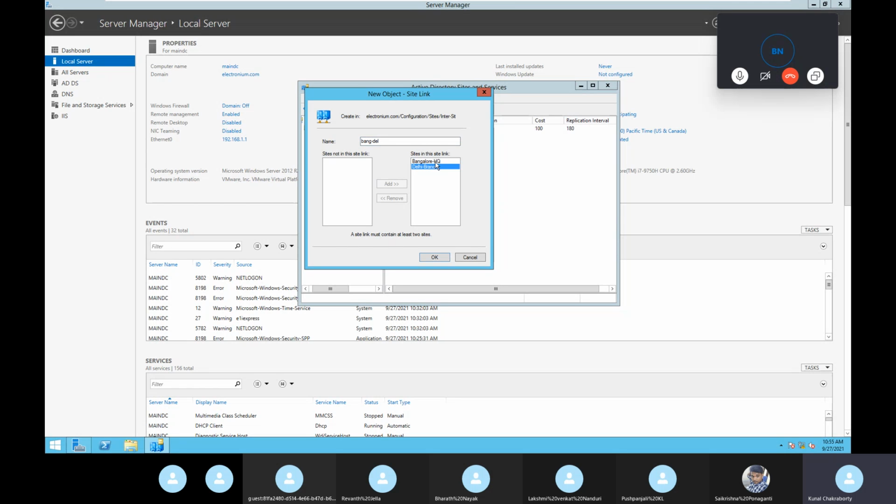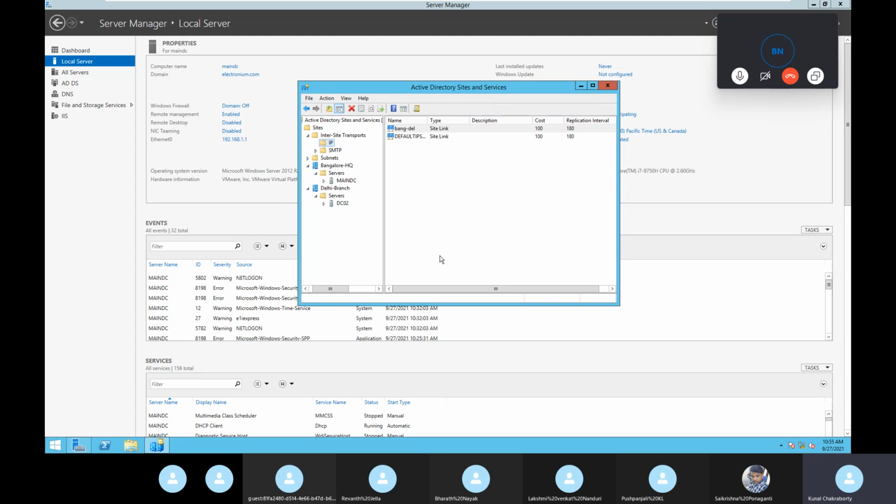After that, select both sites in this site link. Control plus, then select both. Done. Here you can see the site link is created, Bangalore hyphen Delhi.